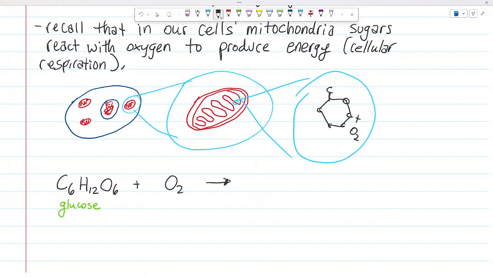Doing my job for me, and I appreciate it. So yeah, this thing's going to get smashed apart. The oxygen is literally going to break it into pieces and stick to it. That's what happens when we burn something. Oxygen just rams into stuff and breaks it apart. That's the chemistry of it. When all the carbons break apart, they're going to end up stuck to oxygen. What do they form? Carbon